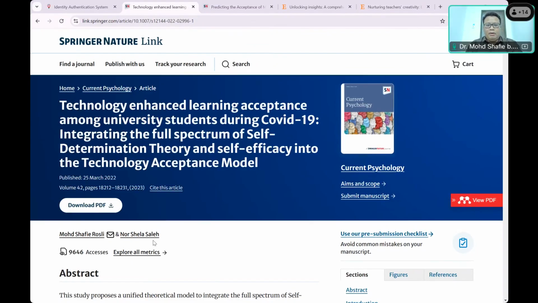So they need to have the publication, just publish for themselves. So they don't have to